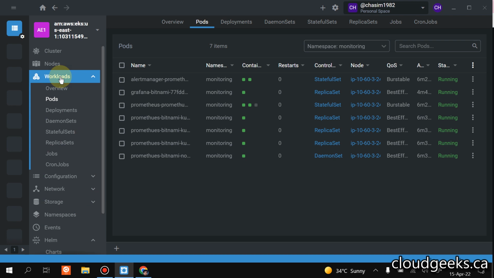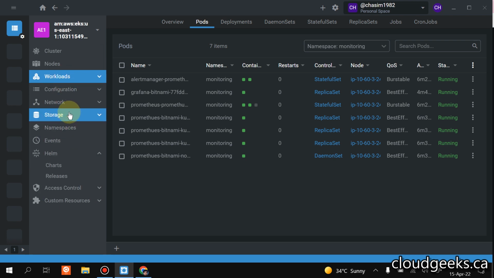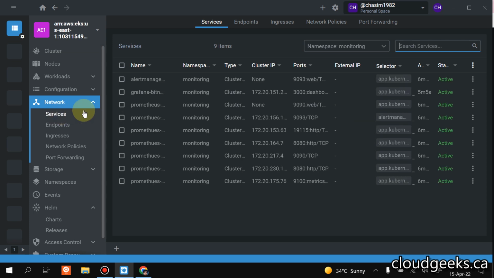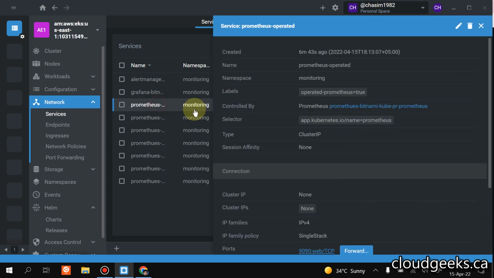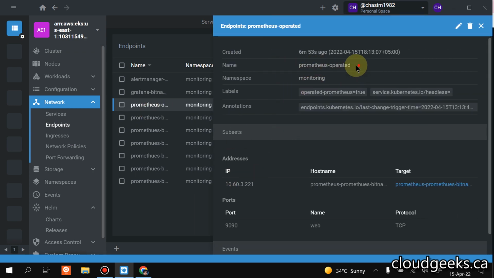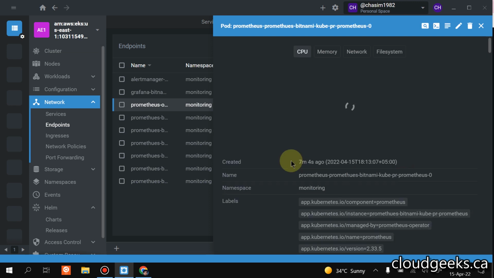Okay, so workloads, configuration, storage, events, and click network services. So if you see, this is the name of the service, 1990. As I told you, we have set up in the same namespace, and if you click the endpoint, you see, if you click this, the name of the service is Prometheus operated, and the host name is this one. So if you click this target, I'm going to copy this name